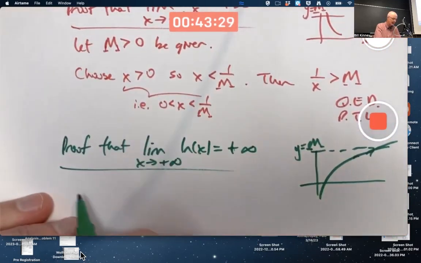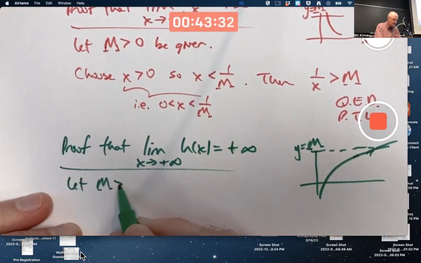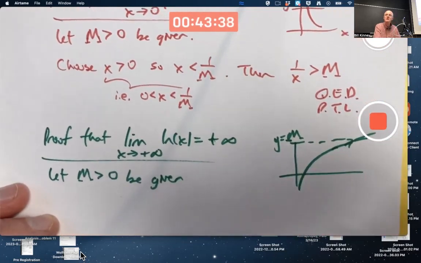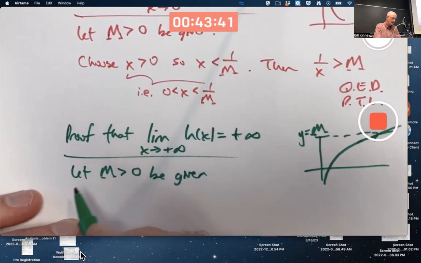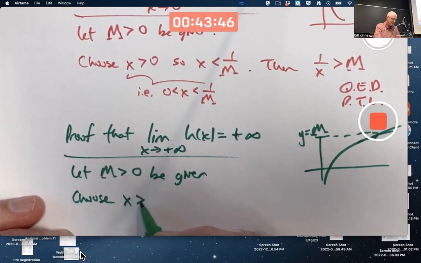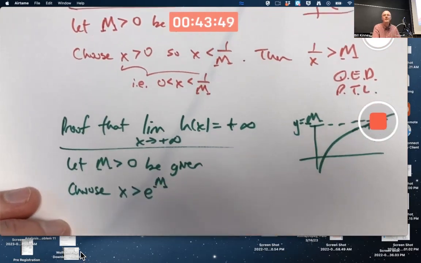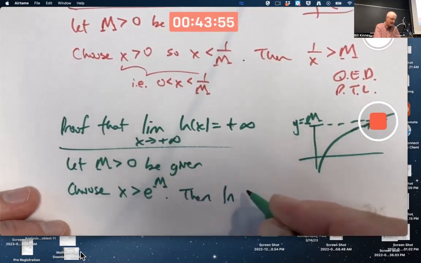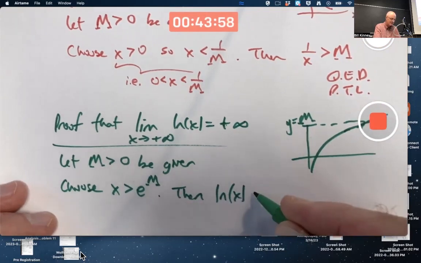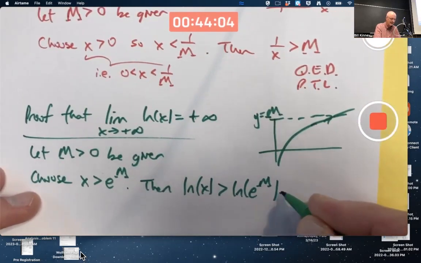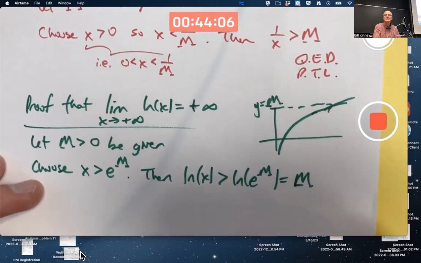It's similar to the start of this one. Let capital M greater than 0 be given. This is our thought about something that is arbitrarily large. How big should we choose x? Choose it to be bigger than e to the capital M power. Then ln of x is bigger than ln of e to the capital M power, but ln of e to the capital M power is capital M, because ln of x and e to the x are inverse functions. Done. QED,